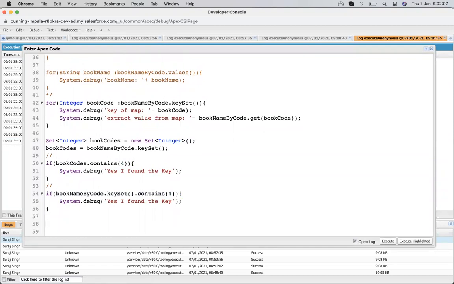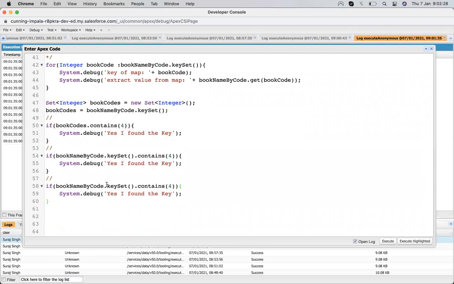Suppose instead of doing that much, I need to directly check if that key is contained in a map or not. So the map also provides a method to check contents. It's something like that: containsKey. Its command just changes.